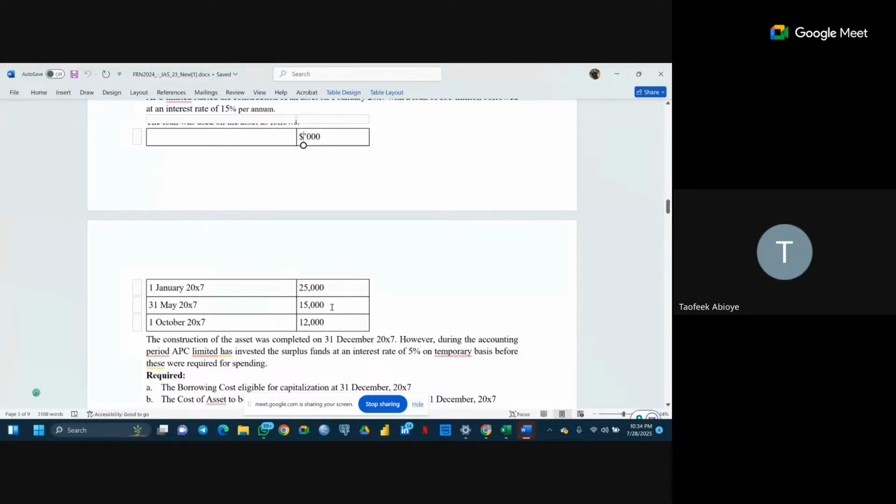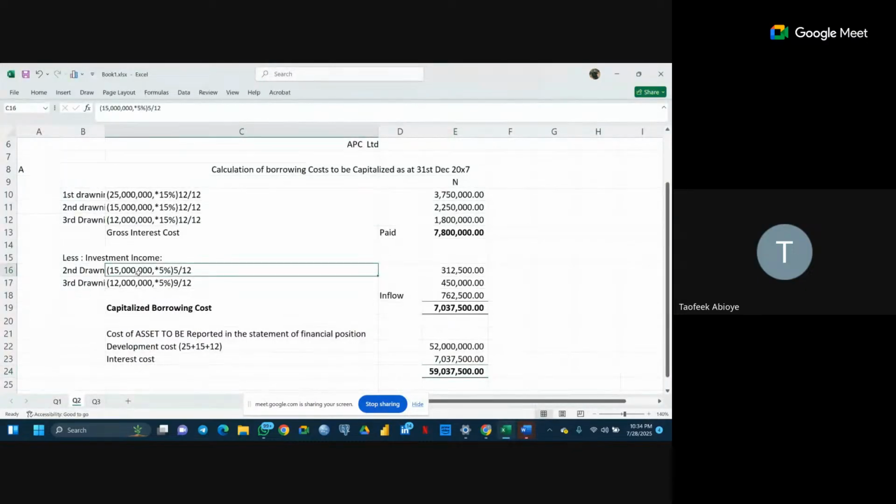So the 5% she is going to pay you is what we calculated there, which is the reason why we prorate it. The money was only with her for the period of 5 months, from January till May, before you collected it. The second one that you collected as at October 2, the money only stayed with her from 1st of January till 30 of September. So you are entitled to 5% interest income on this particular fund from 1st of January till 30 of September, which is the reason why we have these two interest incomes calculated here. I hope this explains your question.